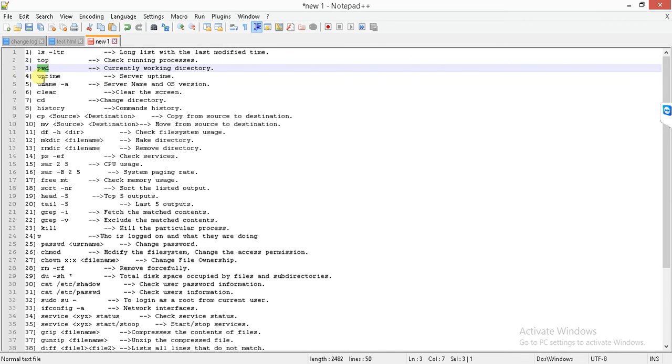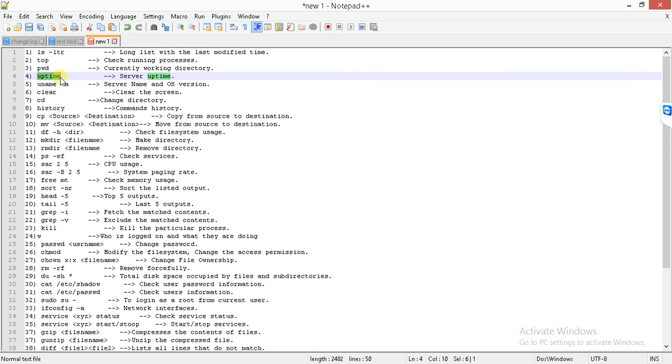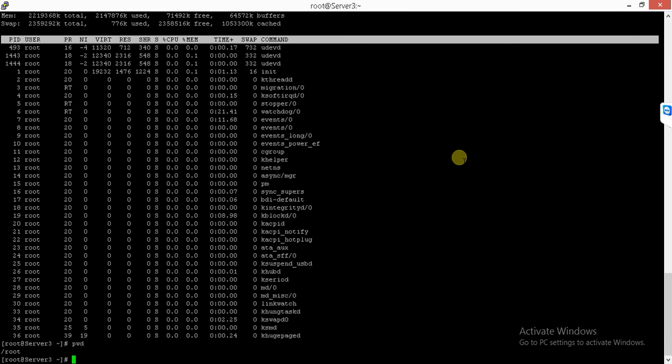Now let's come to the fourth command. Suppose your user is complaining that your server has got rebooted. So how will we see whether it has exactly got rebooted? You can type the command uptime.